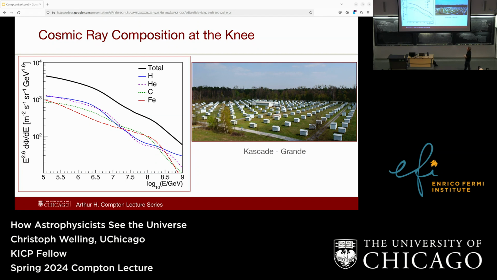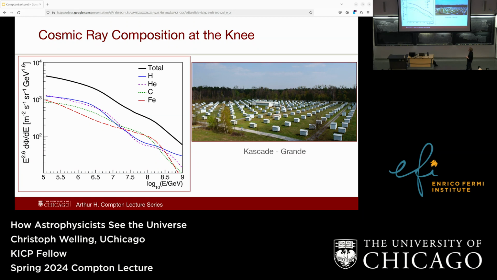So you can say, is it a lighter element like hydrogen, or is it more on the heavy side like iron, or is it somewhere in between, like for example carbon? But this is kind of a family of elements that are roughly that mass. And what do you see there? So here, this is where the shape of your spectrum changes.